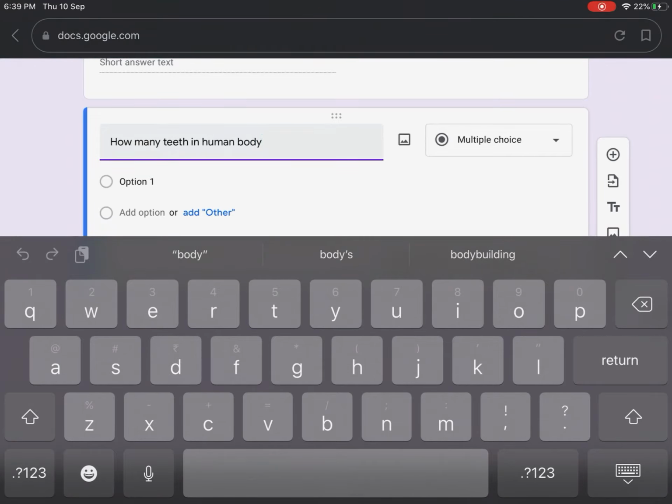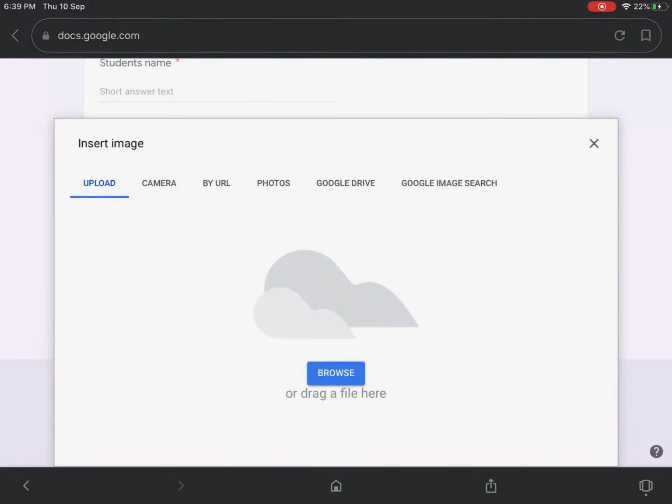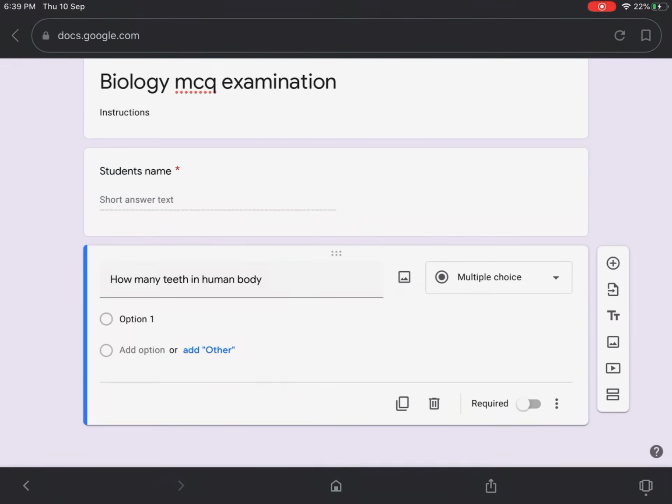So you can ask the question in the image form. If you want to upload the image, you have to select it. So you can upload the image from upload browser, from camera, by URL, photos, Google Drive, or you can upload it from the Google image also. So you can upload it. And next to this you can see option is there. Here you have to write because this is an MCQ type question, so you have to write the options.